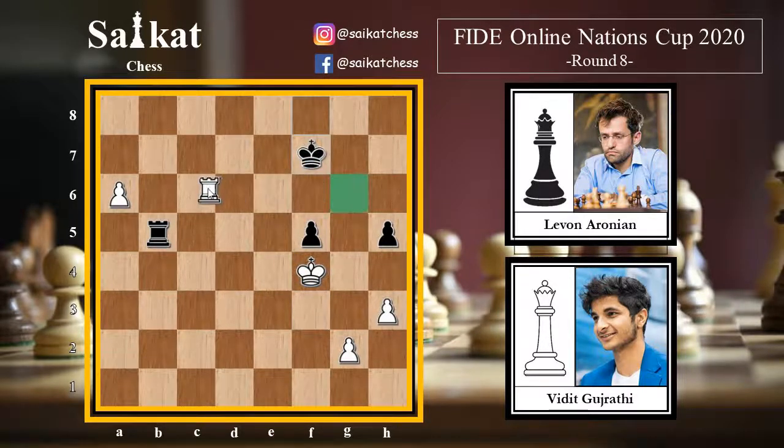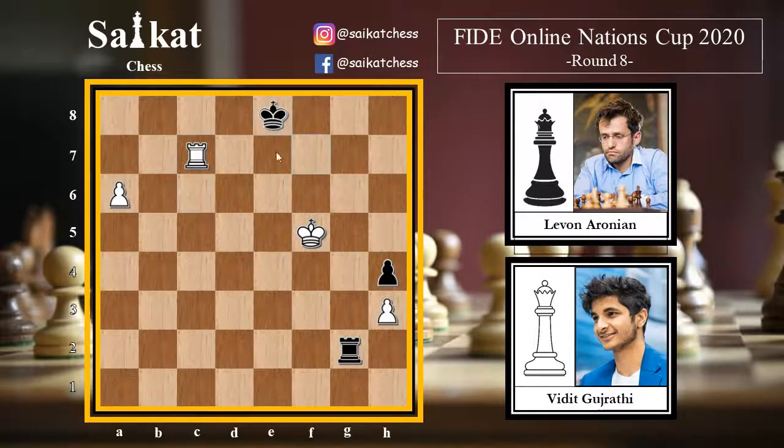King f7, now rook c6 here. So h4 and king g5, now these pawns are hanging, so white is gonna capture them really soon. Rook b2, now attacking this g pawn, so king into f5. Now black cannot go for rook into g2 here because rook c7 check is immediately winning. Here king cannot come forward, so king e8 is forcing and white can simply go for a7 here. And now black cannot prevent this